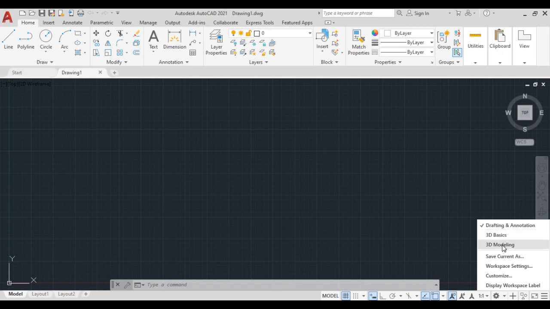But now we are at the initial level, especially for beginners. This setting, drafting and annotation, is selected by default when you install a new version of AutoCAD. It means simple 2D drawing.